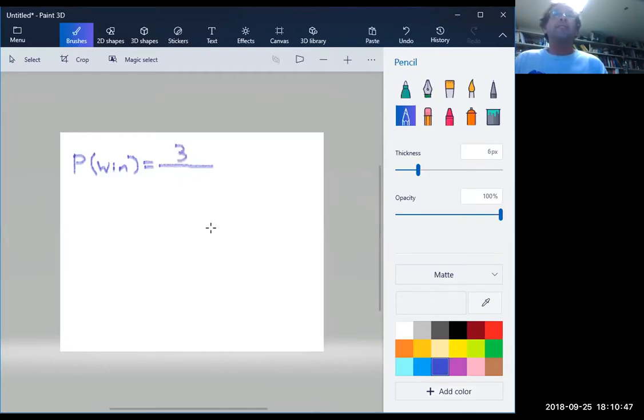So the numerator is 3 because that's the number of ways that this ticket could be a winning ticket. Do y'all agree? Now we need to find out the denominator. And the denominator is the total number of things that could happen. Most of them are going to be losers, right? 50 million. Okay. And this is going to be hard. So this is something we're going to have to do.